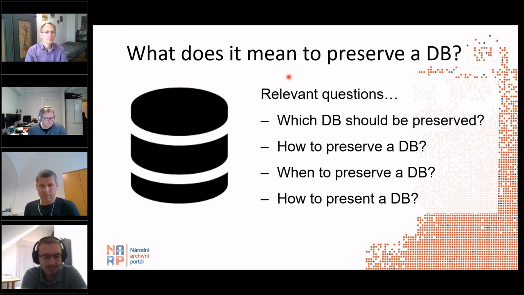How to preserve a database? Because we have more options for how to do that. When to preserve a database? Sometimes data from the DB must be preserved periodically during the database lifetime. This was Louis' issue from yesterday's session. And how to present data from a database or a database itself, because we need to know which data is open data and which will probably produce a need in the future.